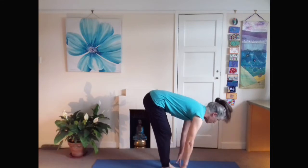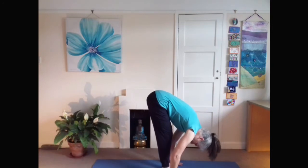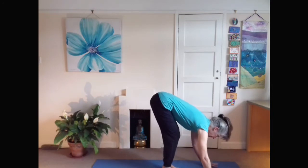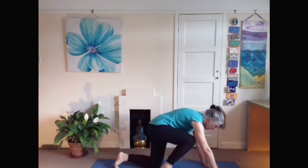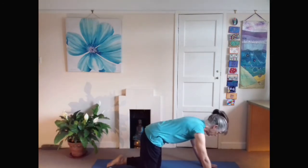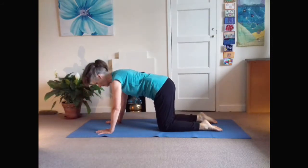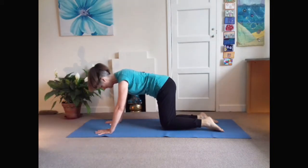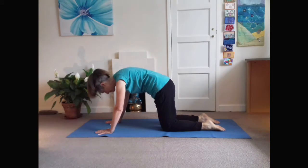You can come part way up and return to the forward bend. Then bringing the hands to the floor and onto hands and knees for our cat posture. Establishing a comfortable place for your hands, for your knees, for your wrists. And moving into your cat, downward cat,